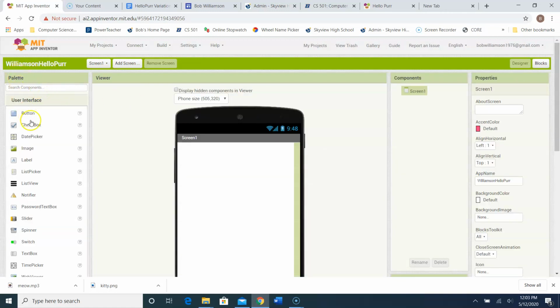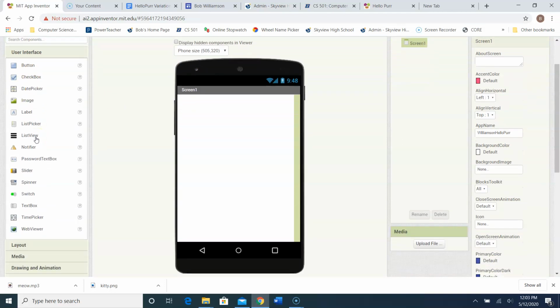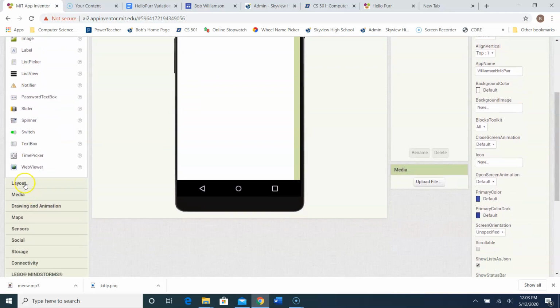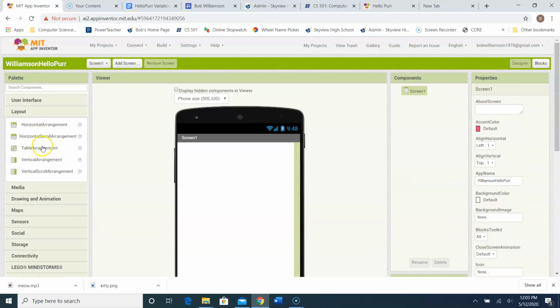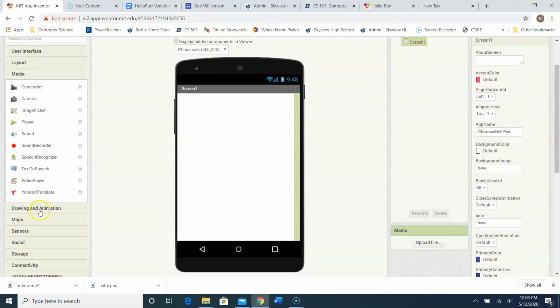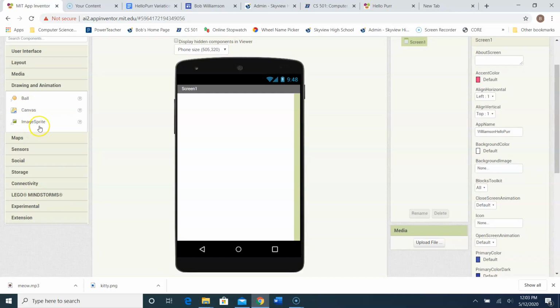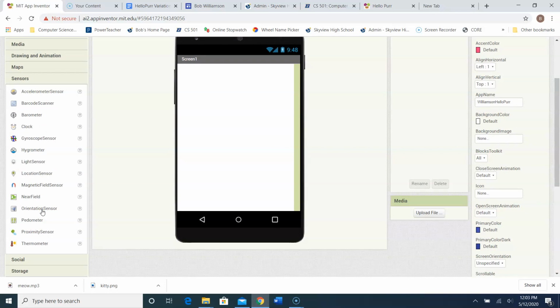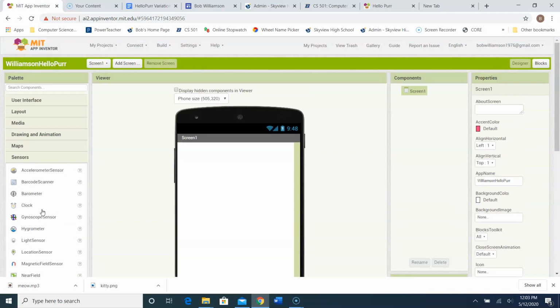Like I said, you have your palette on the left-hand side that has a bunch of different user interfaces available. So we have all of these. These are drawers that we'll be looking into. So in a layout drawer, you have horizontal arrangements, table arrangements, vertical arrangements. Underneath your media tab, we have these different features that are available. You have a sound, so we can put that in there. I'm pretty sure we're going to need that here in a minute. And we have drawing and animations where we can create canvases. We can have animation. We're going to have maps and sensors that we're going to be able to use for this particular project. So App Inventor has a lot going on, and if you want to dig through that,